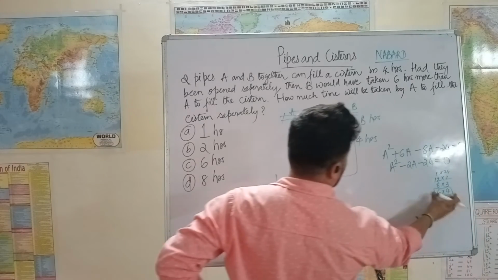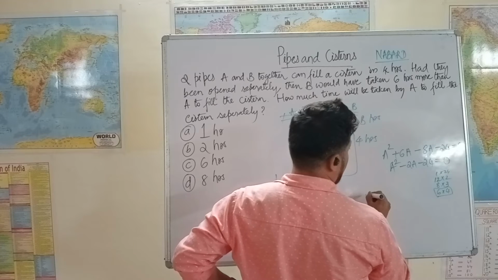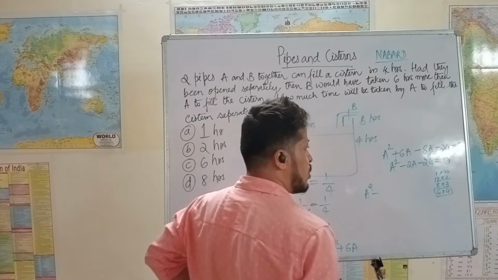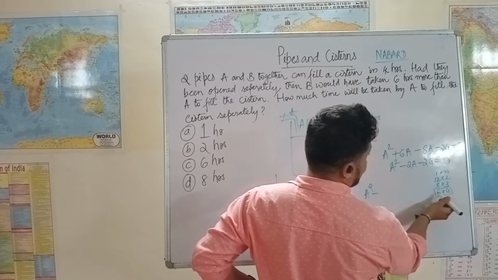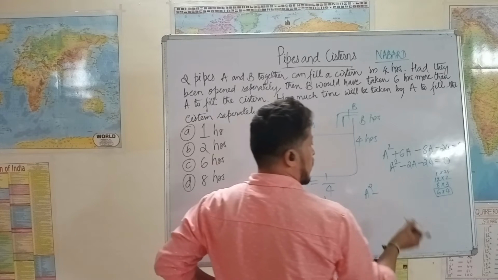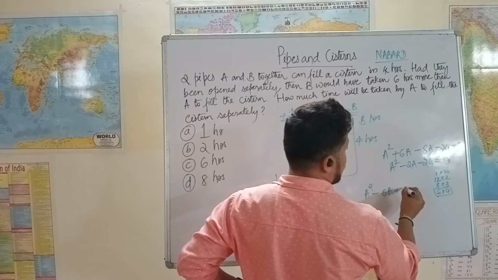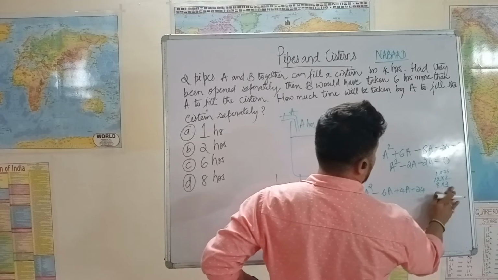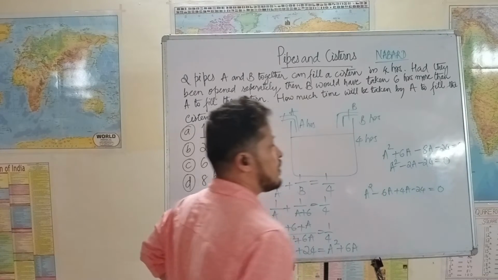Let's use this number to break this 2a and let's rewrite a square minus, I need 2a. So if I need minus, then which one of these should be negative? Minus 6 and plus 4 can be written like this. So minus 6a plus 4a minus 24 is equal to 0. Right?